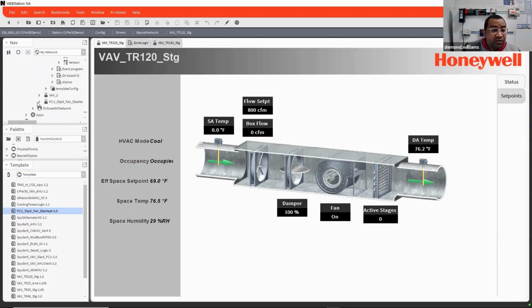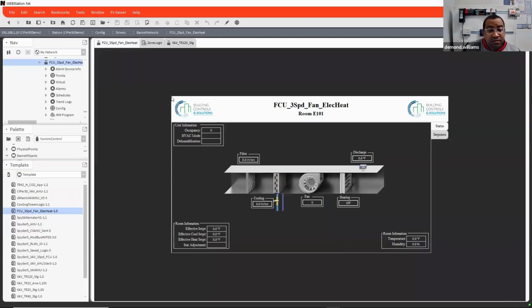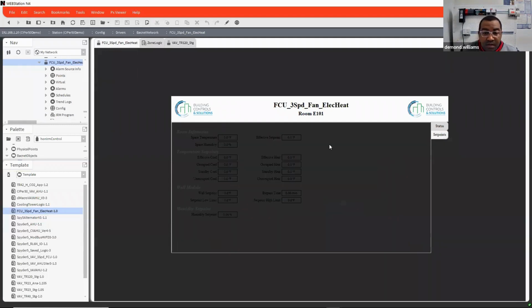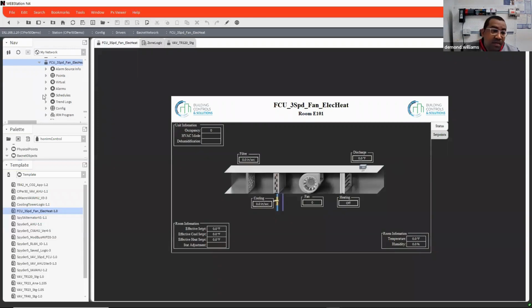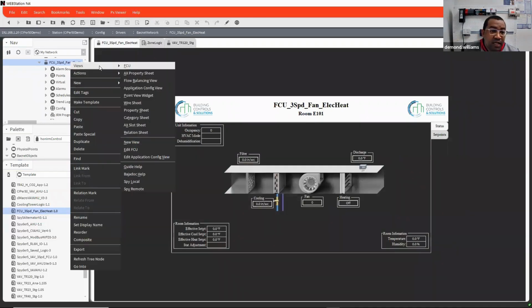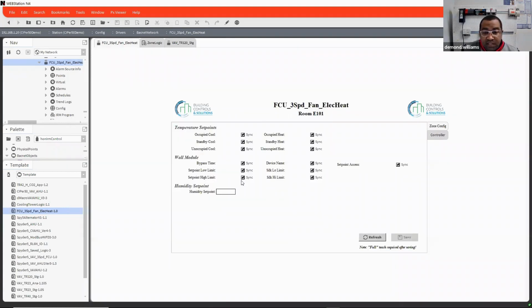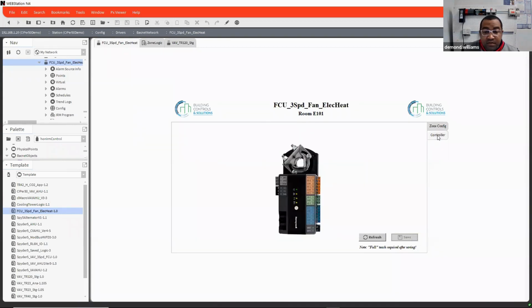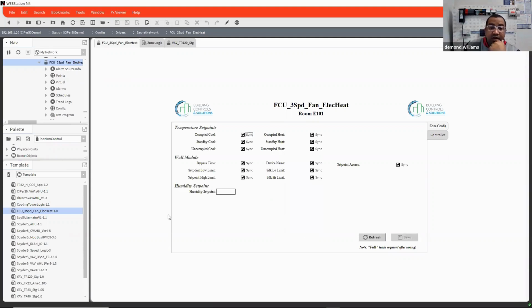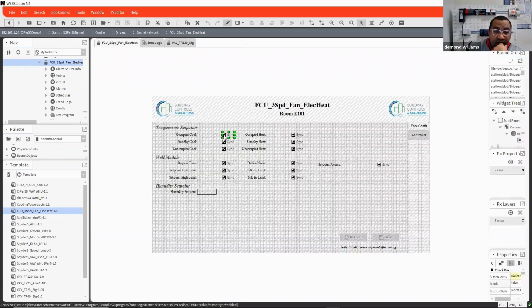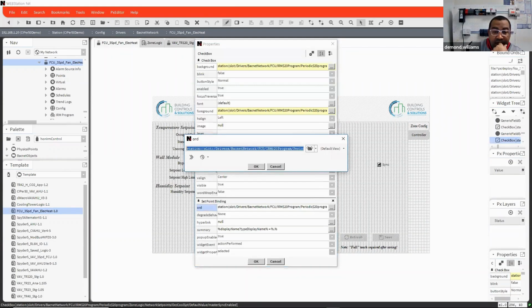And then if I come down to this fan coil unit here, here's a programmed box and everything that I was working on, just playing around with it, doing some different things here. But here's where also I went in and was working on an application config view and started adding some stuff in here as well. So I haven't, like I said, finished it out, but it's just as easy as that. And same thing where you can go in and click on,